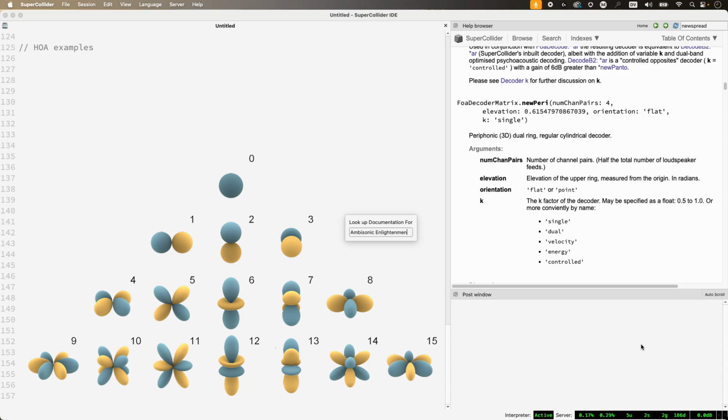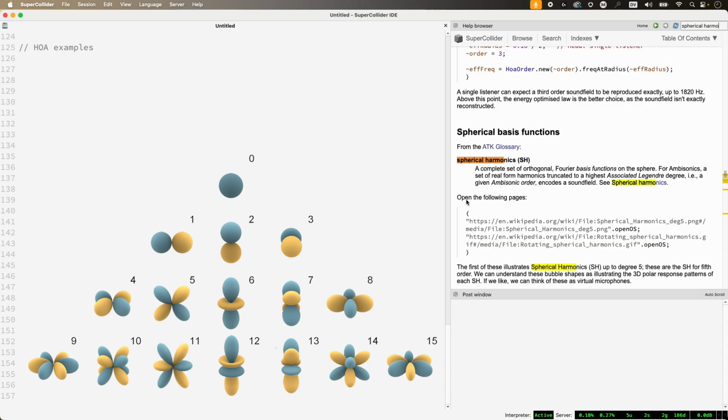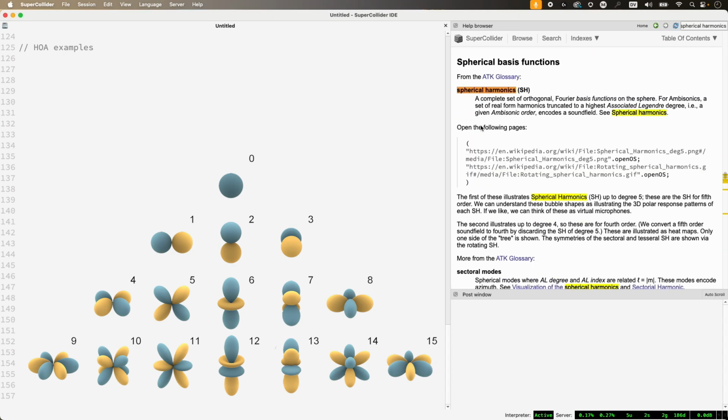These individual figures are called spherical harmonics. They represent mathematical functions defined on the sphere, and conceptually, they're pretty similar to frequency bins in the context of the Fourier transform. So much in the same way that combining more frequency bins allows us to represent an arbitrary periodic waveform with greater precision, using more spherical harmonics allows us to synthesize and render an arbitrary sound field with